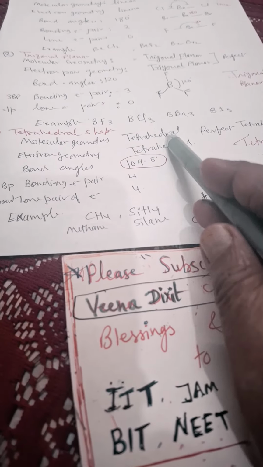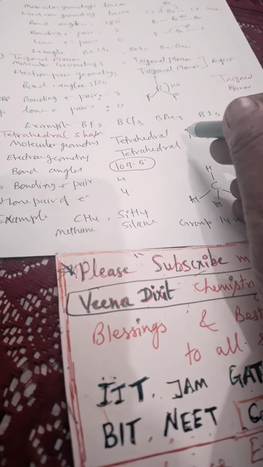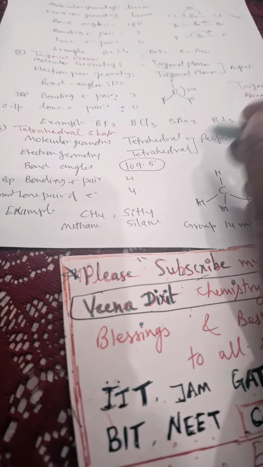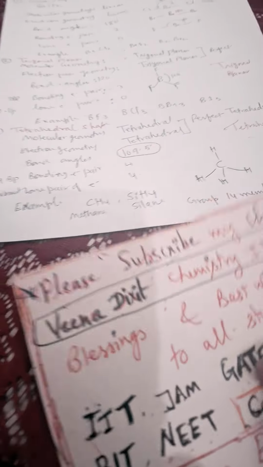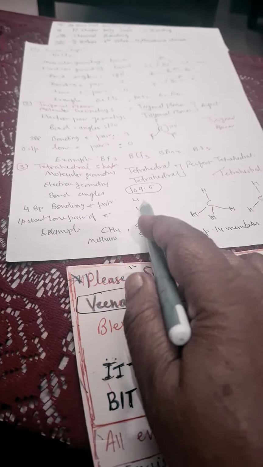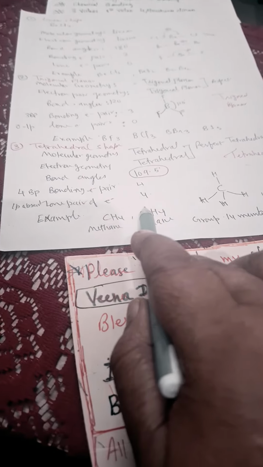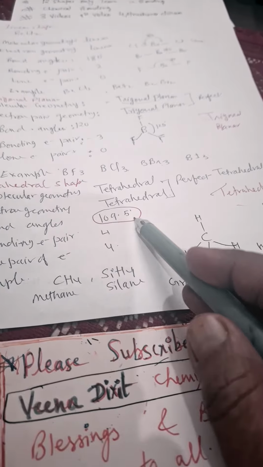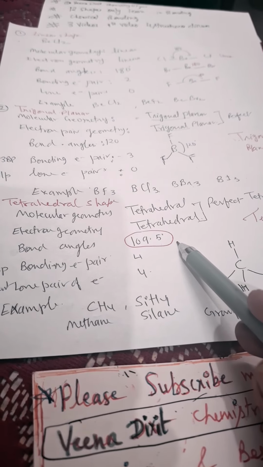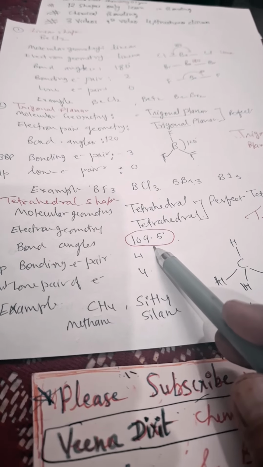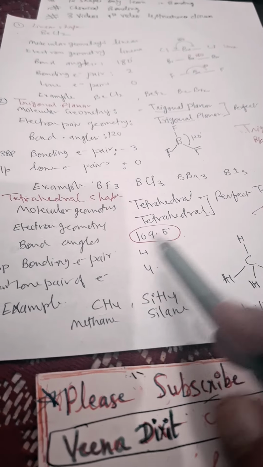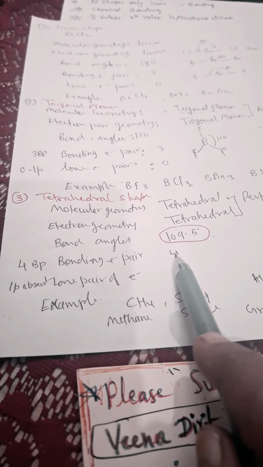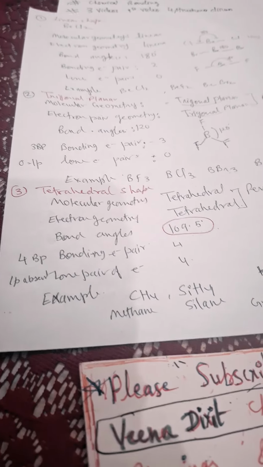Tetrahedral shape is a perfect geometry, a perfect match when all our bonding electrons are taking part. So only bonding electrons are there, 4 bonding electron pairs, lone pair of electrons absent. So a regular tetrahedron structure will be there, with the perfect angle of 109.5 degrees. Bonding pairs 4 and lone pairs absent, 0. Okay, now we'll go for trigonal pyramidal.